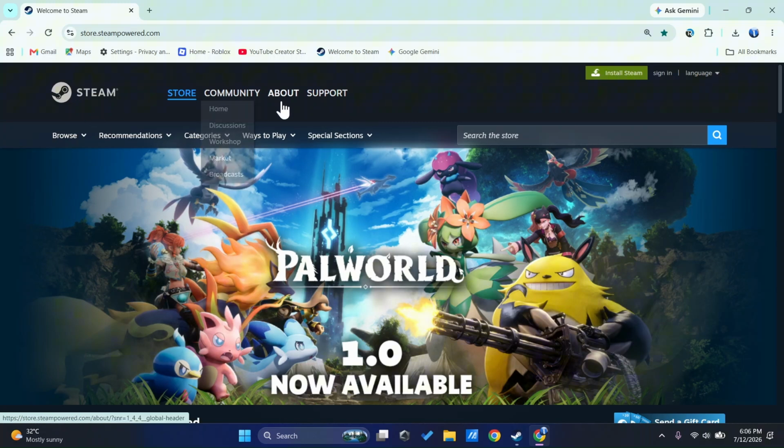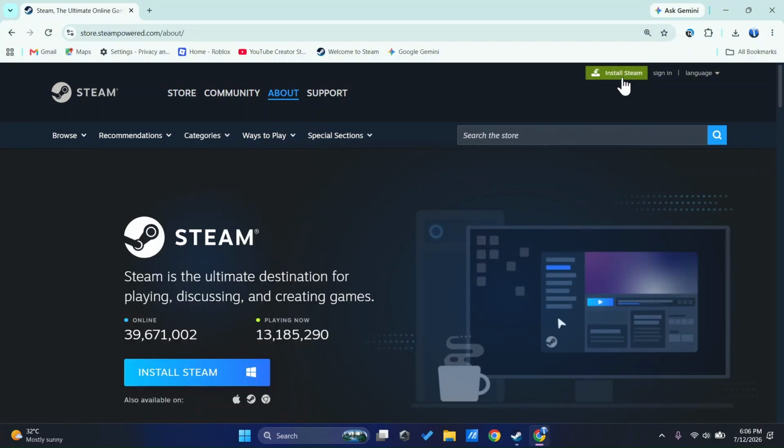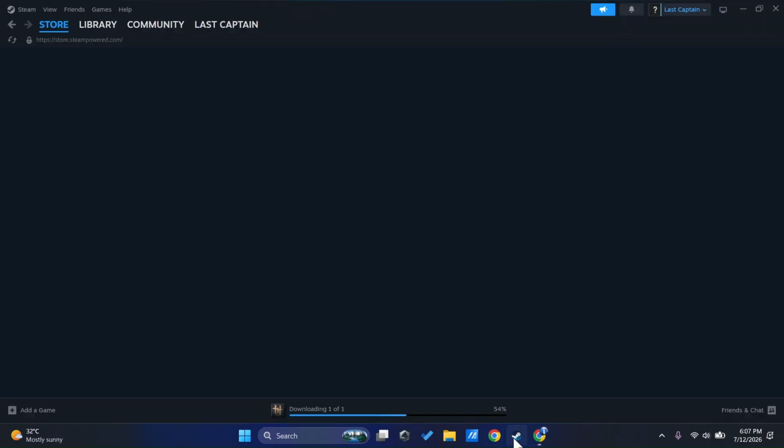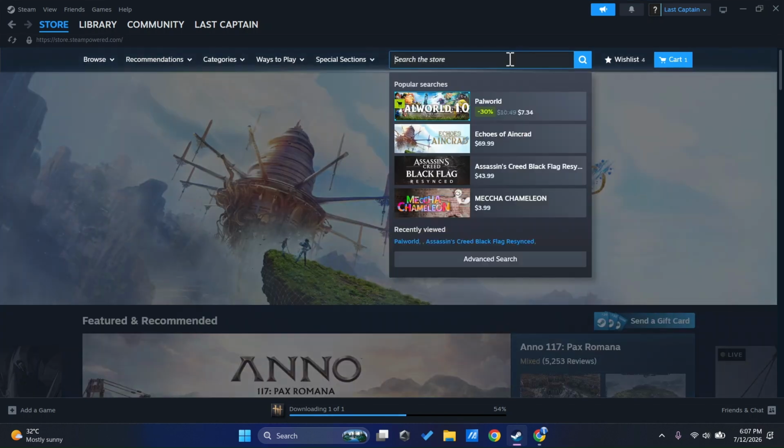After you create a Steam account, you need to download and install Steam on your PC. So just click on the install Steam option. You will see it on the top, click on install Steam and download it and install it on your device. After you install Steam, open it up, sign in to your account, click on the top search box and just